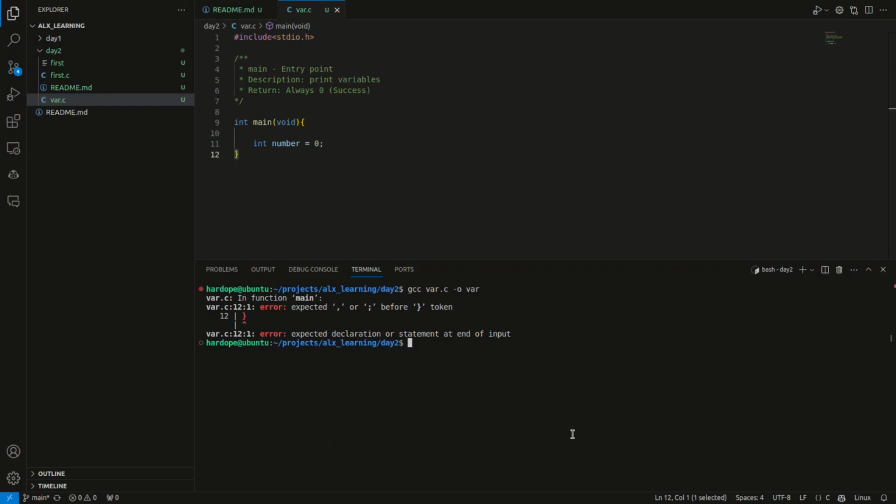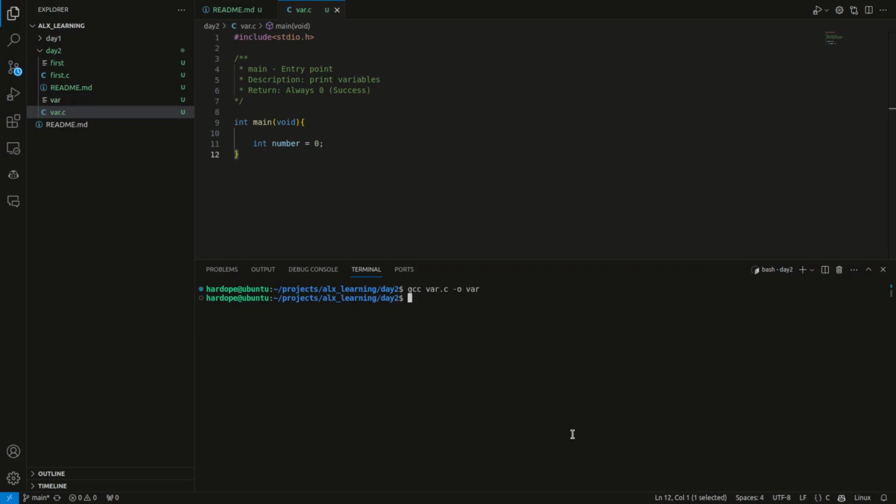So let's compile this now. You can see it compiled successfully, no errors. When I run this code now, it doesn't do anything, because I didn't really do anything. I just initialized the variable. Now let's say number equals 0. Now if you want to print